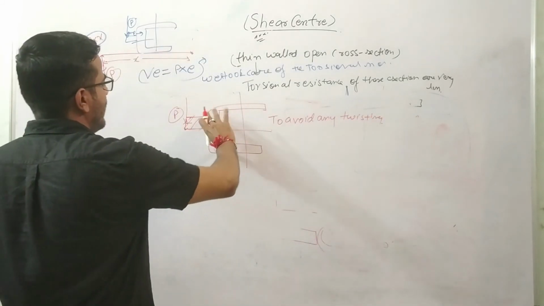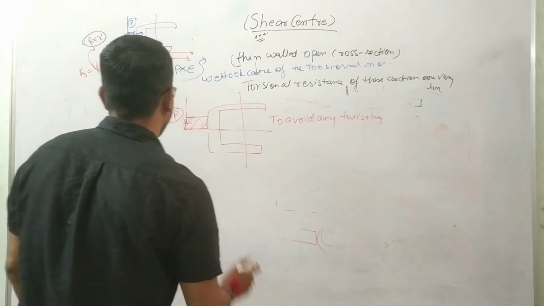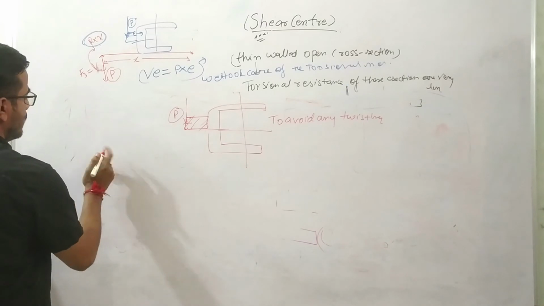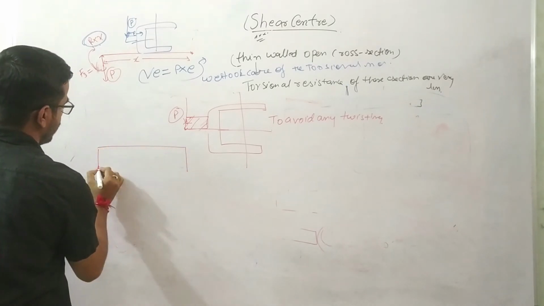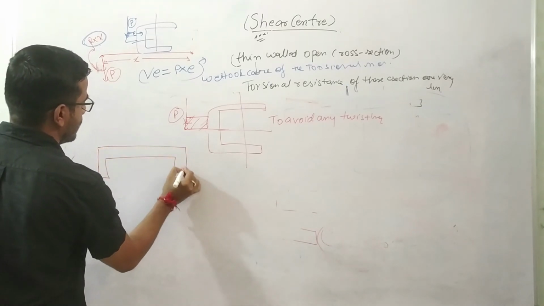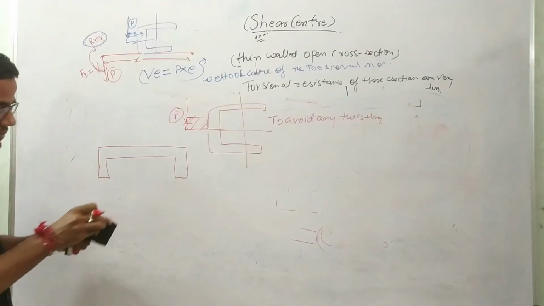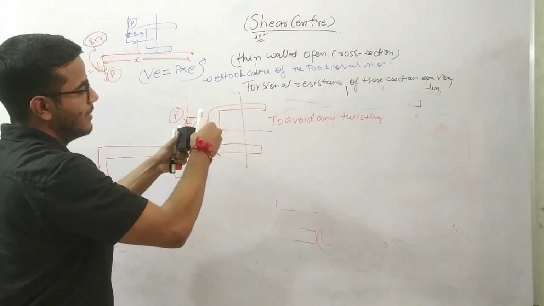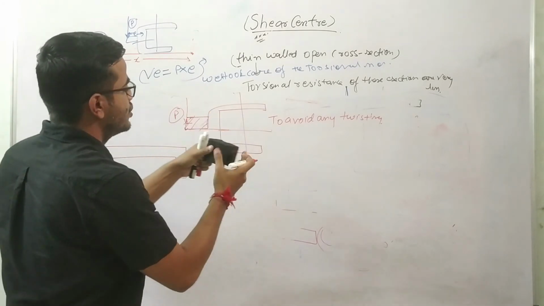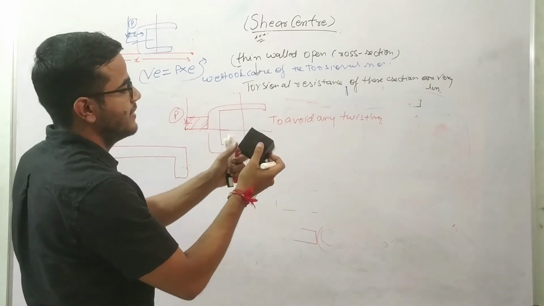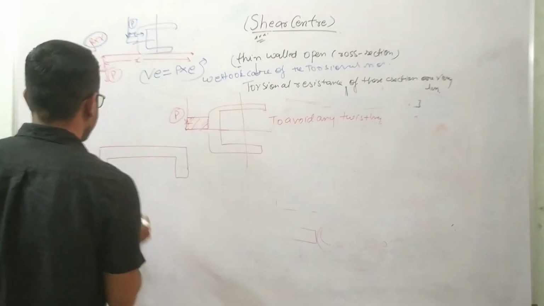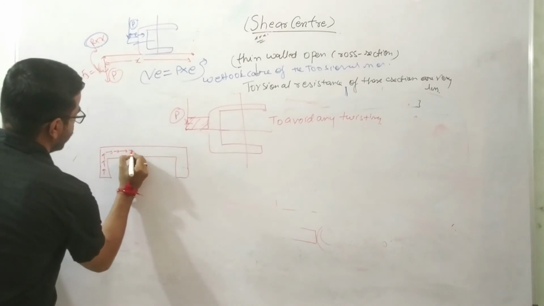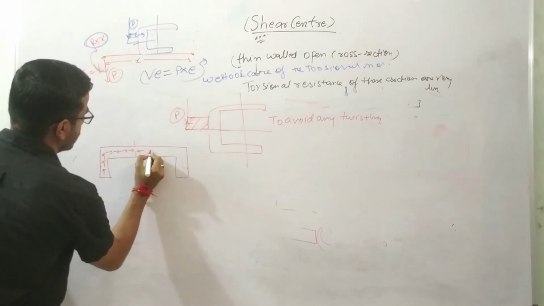If I rotate this cross section by 90 degrees, I make this cross section like this. Now if external load P is acting at this point, the external shear is acting at this location, so shear stress will generate like this, opposing this vertical load. Shear flow will generate like this. At this location it will be 0.